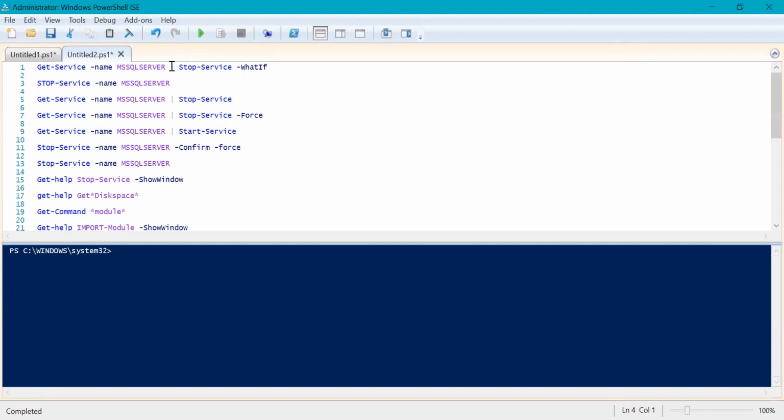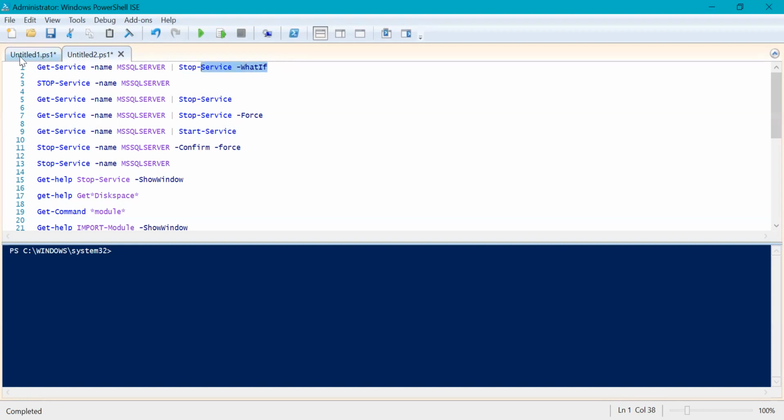Okay. So in this command, I have the Get-Service command, and I'm fetching the service detail for the MS SQL Server service. Then the output of this command is being transferred to the right side of the command, which is Stop-Service. Stop-Service is used to stop the service. Whatever Windows service you have, you can use this command to stop that service. But after that I'm using a parameter which is -WhatIf. What exactly this parameter does is it will not perform the actual action, but it will just tell you if you run this command, then what exactly it will do.